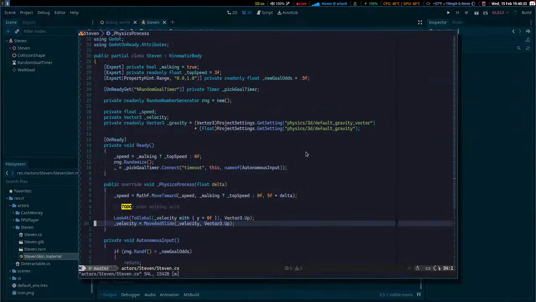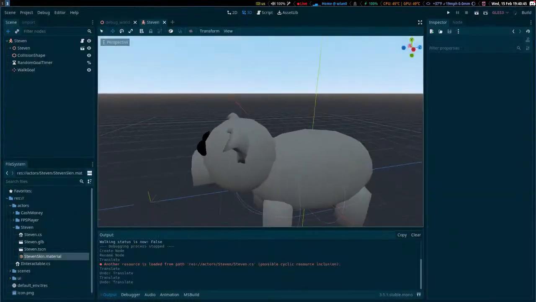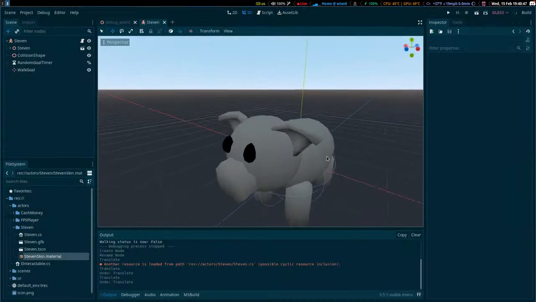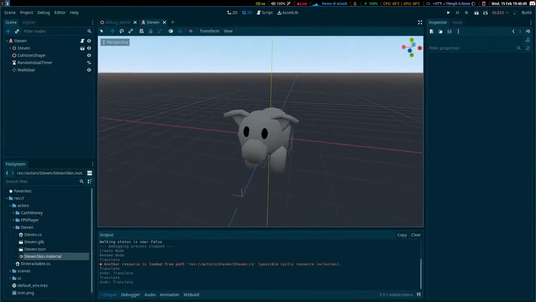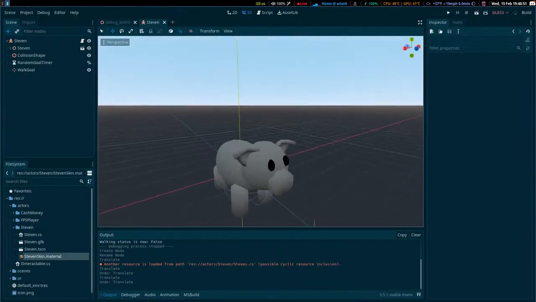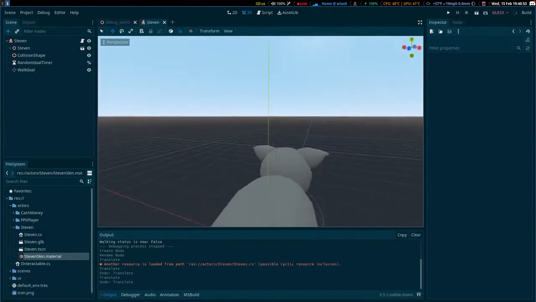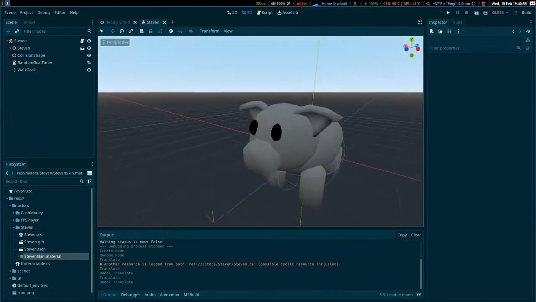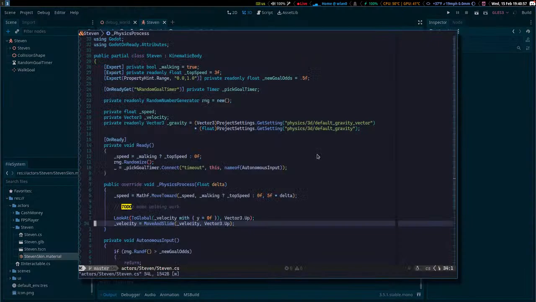Alright. We will get Steven behaving later. I say we, I mean I. I will get Steven to behave later. I'll kick his butt, even though he has no tail. Maybe that's the problem. I should give him a tail, and just get a vector from his tail to his head and then make him walk that way. Alright. Whatever. Fuck you,